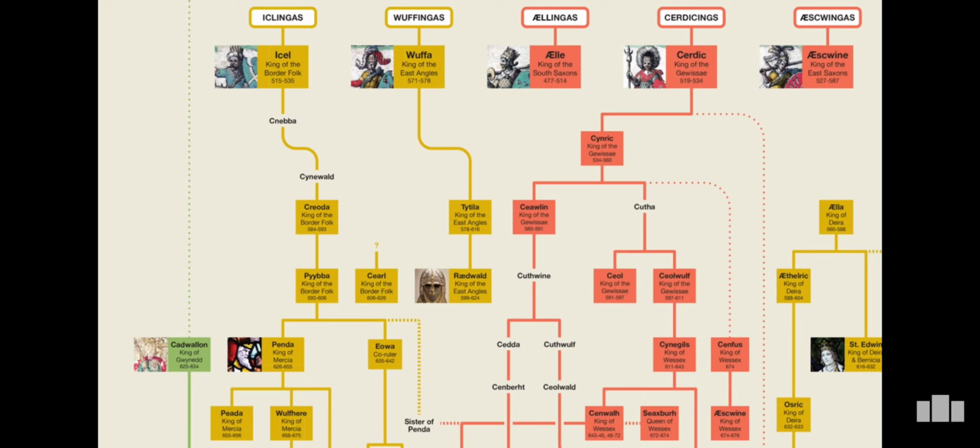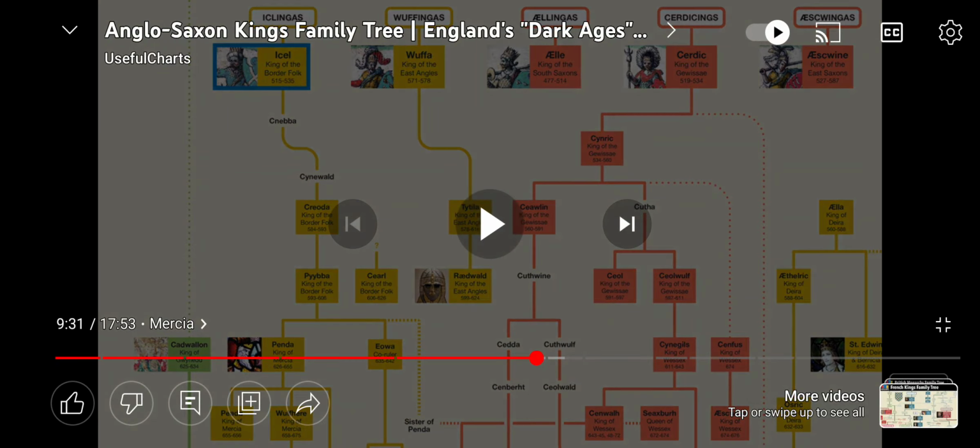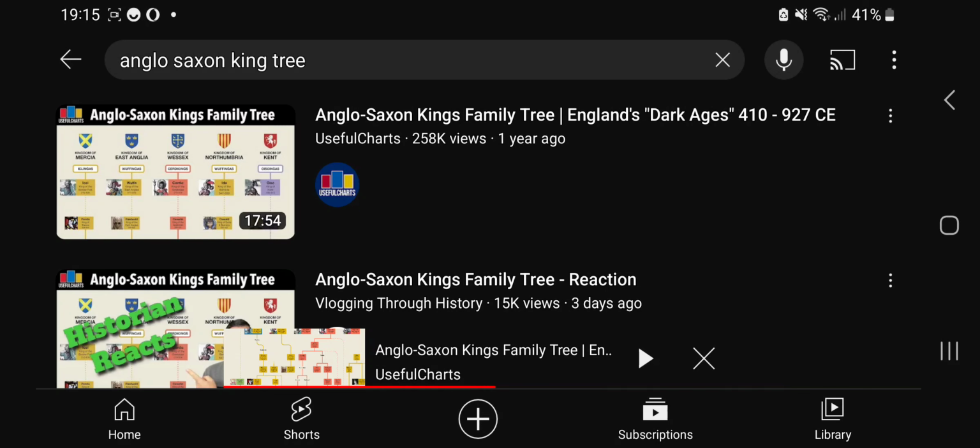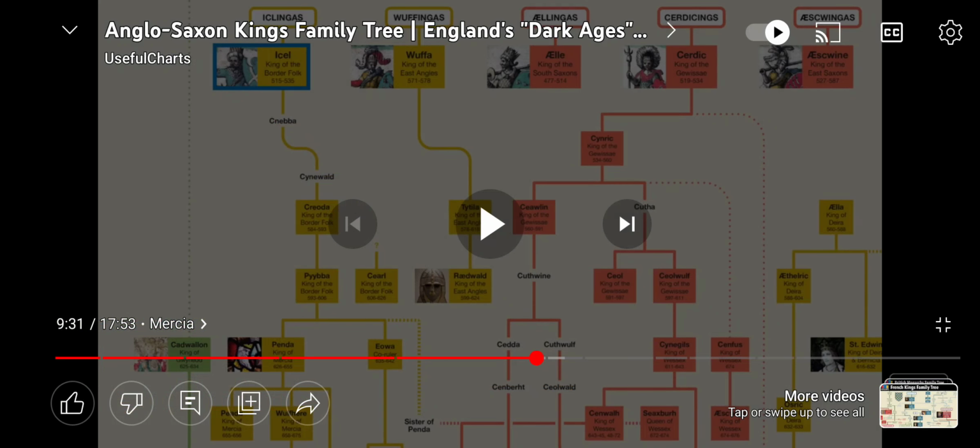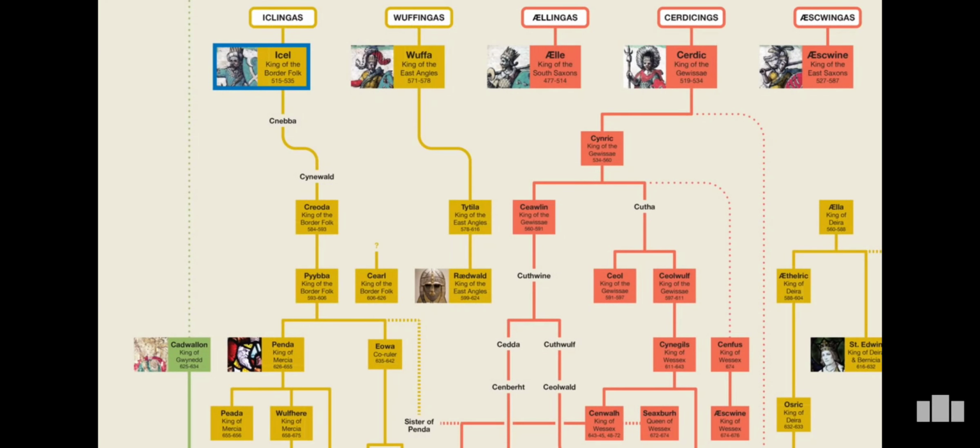Their line starts with a man named Icel, who, unlike all other Anglo-Saxon kings, actually had royal roots back on the continent. He is said to have been the son of the last Anglic king of Germany. However, please keep in mind that the early genealogy for all of these families is a bit sketchy, and it just comes from documents which we have no evidence to be true or false. It should be taken with a grain of salt. For example, most of the Anglo-Saxon genealogies list all of these kings as going all the way back to the god Woden, who is known in Norse mythology as Odin.